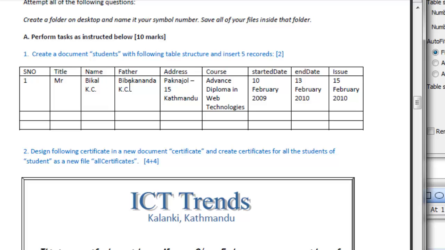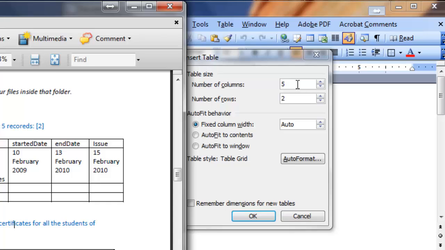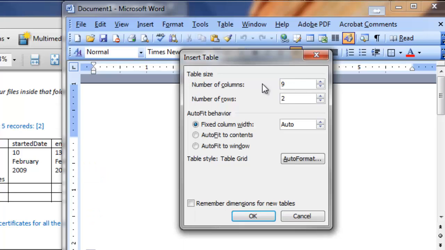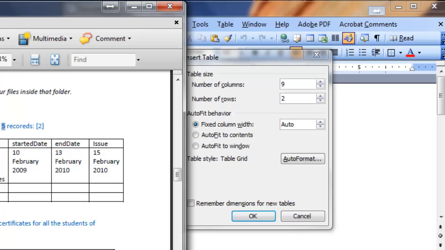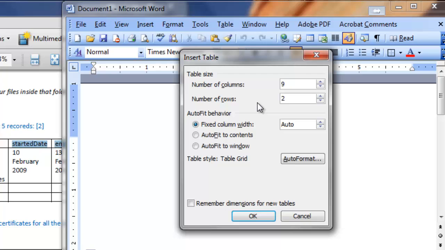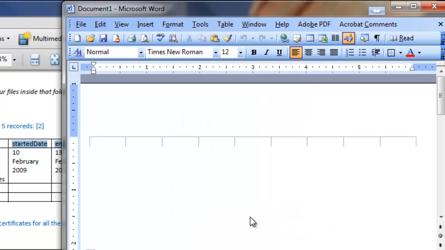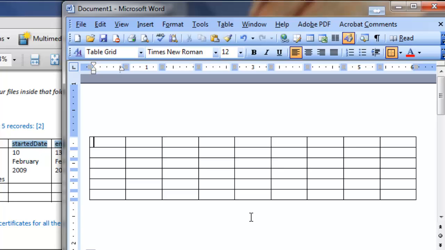1, 2, 3, 4, 5, 6, 7, 8, 9. So altogether I need 9 columns, and because the question asks me to enter 5 records and there will be 1 row for the title, altogether 6 rows will be sufficient for me. So number of rows, it will be 6. So click OK. It will insert a table in your document, and here you type the table like S